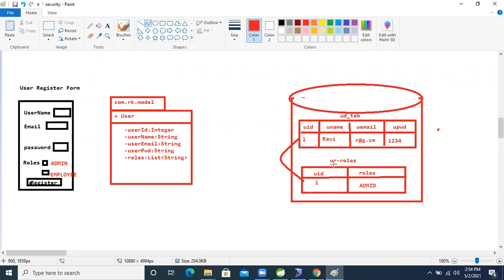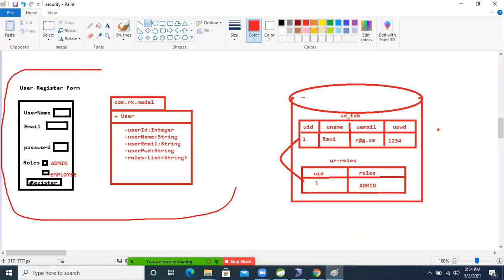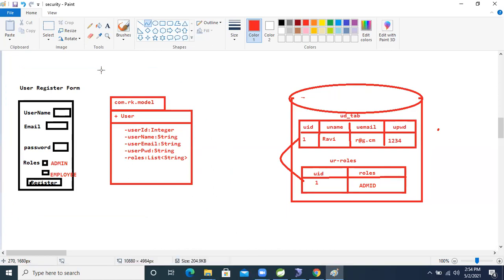Till now we completed the coding for this area of operation.